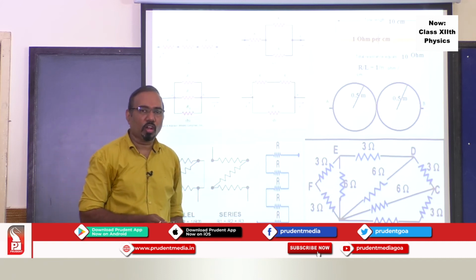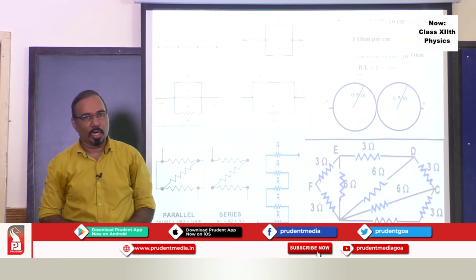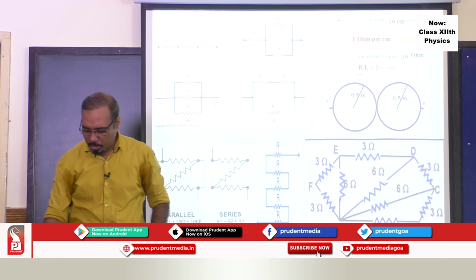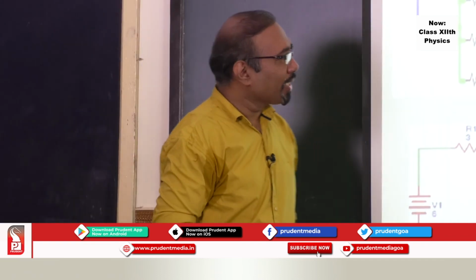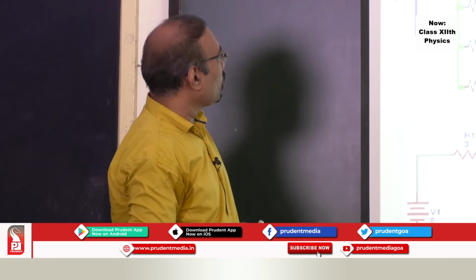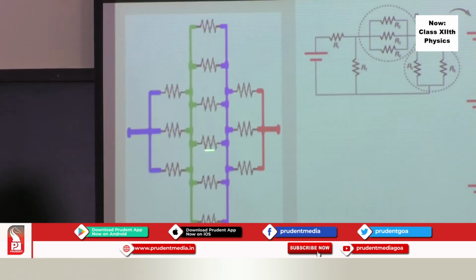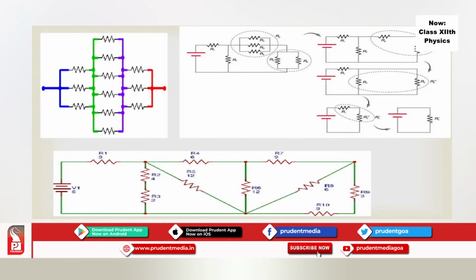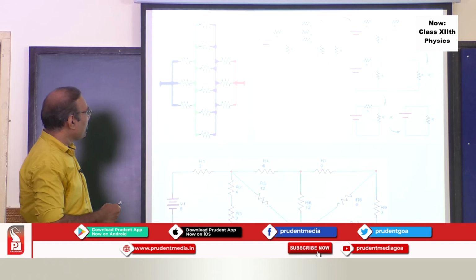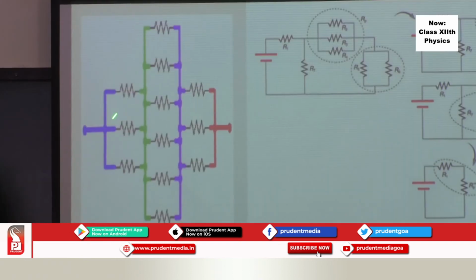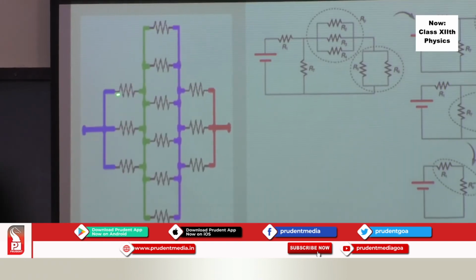So we'll actually solve some circuits based on this to understand most of the circuits. Some more examples I can take. Suppose I want to find the equivalent resistance between A and B. You can take this 3 in parallel, this 6 resistance in parallel, find their equivalent. This 3 in parallel, find their equivalent. Then these sums, what you will get, will be in series. So that will be the total resistance between A and B.